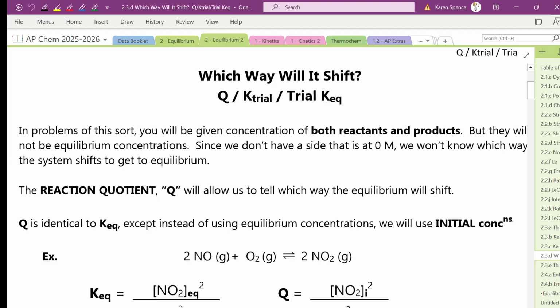So far we've only dealt with situations not at equilibrium where we have only reactants or only products. But now we're going to have situations where we toss some reactants and some products into a container. Is there any guarantee if I have some reactant and some product that I am at equilibrium? No, there's no guarantee. I might have too much product, I might have too much reactant, and that is where Q